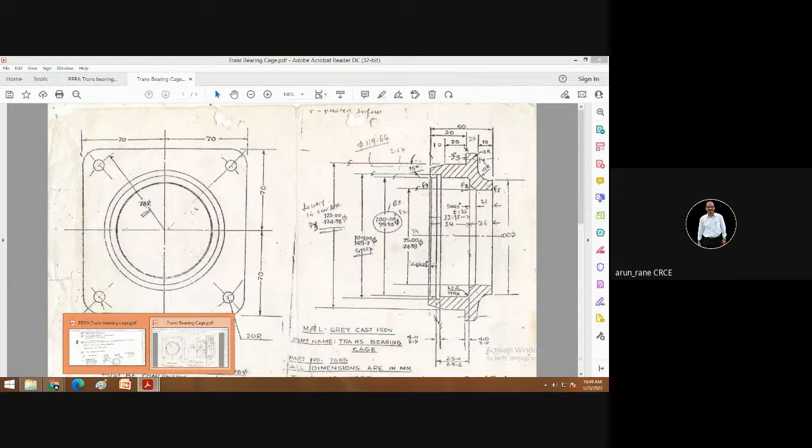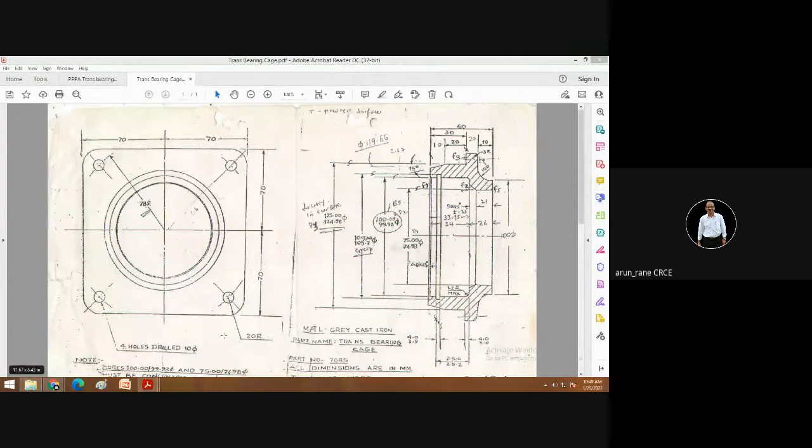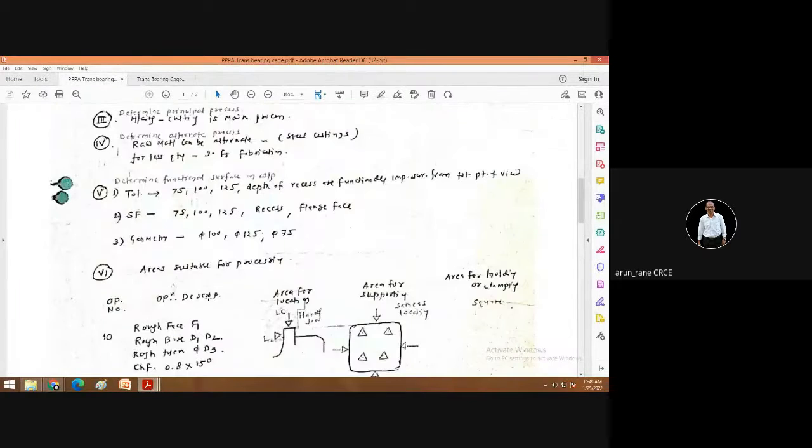You need to write so that it is easy to write the process sheet. You can easily say face F1 or face F2, because when you are writing hold on diameter 125, that is clear. You are holding it on diameter 125. But when you want to machine a face, which face? So for that you need to identify it clearly. So machine face F1 or machine face F2. So that's why face identification is important. And later on, when you are doing the tolerance chart, this identification or naming of the face is still important.